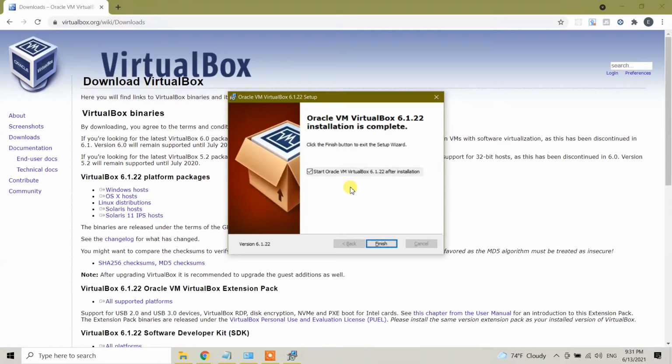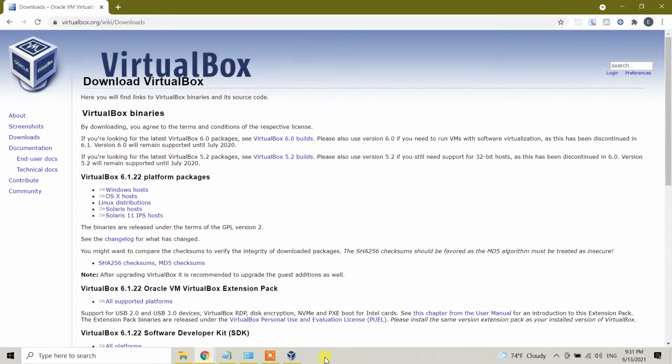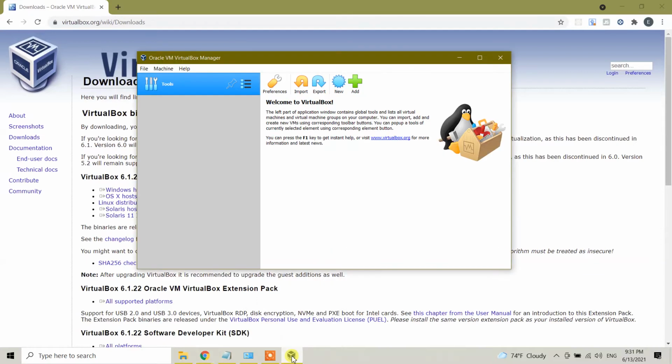So guys, the installation is done, and right now I'm gonna click this one, start Oracle VM VirtualBox. After installation finishes, right now Windows launches the VirtualBox. Yes, as you can see here, it's launched. Yeah, and once it's done,